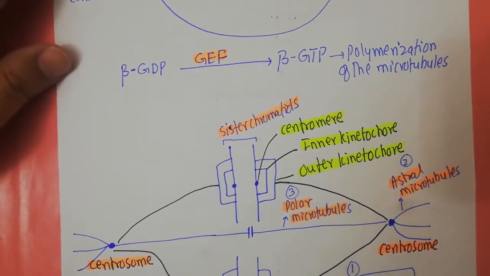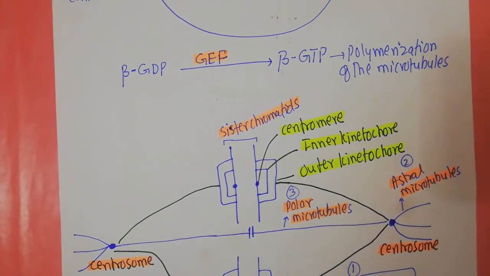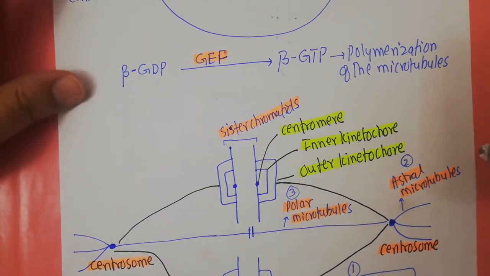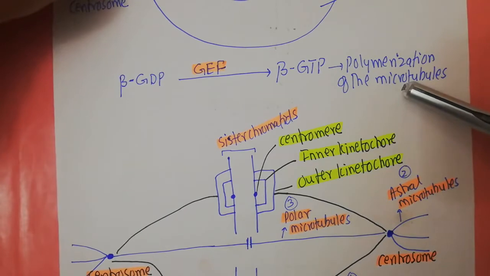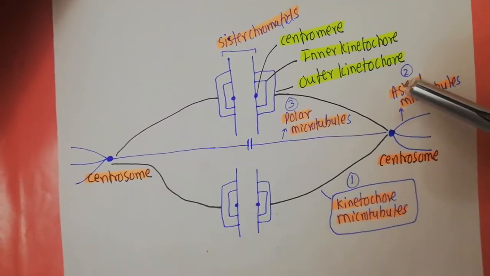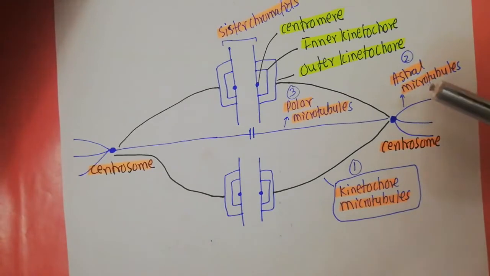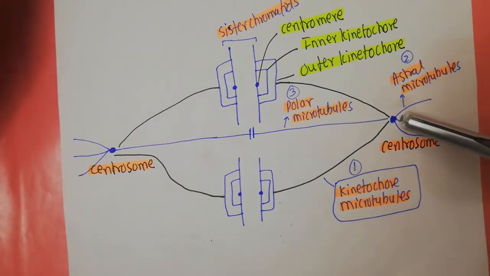Welcome back to this next video in the series of lectures on the cell cycle. In the last video, I told you that after the activation of the mCDK, one of its important functions was the polymerization of the microtubules. Once you have gone for the polymerization of the microtubules and you have dissolved the nuclear envelope from the centrosome,